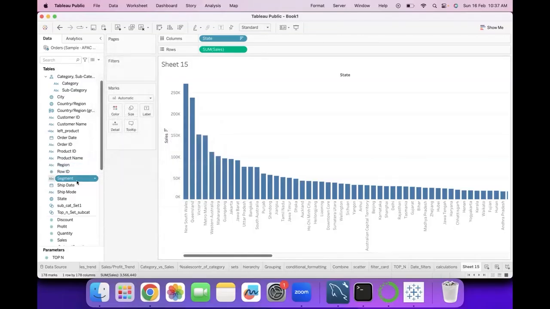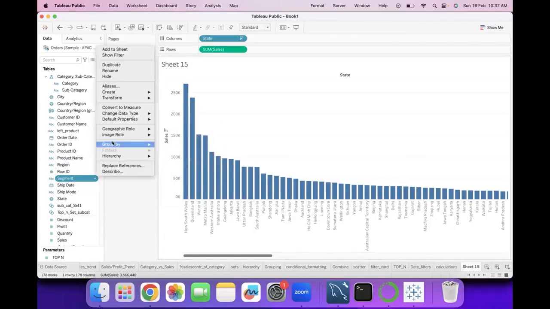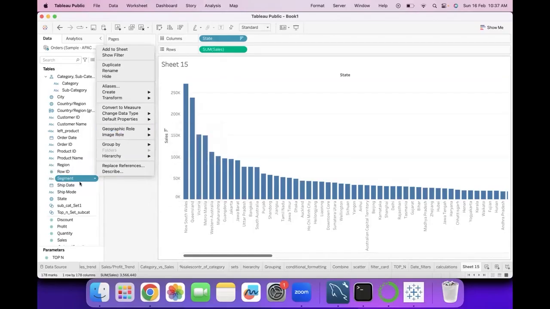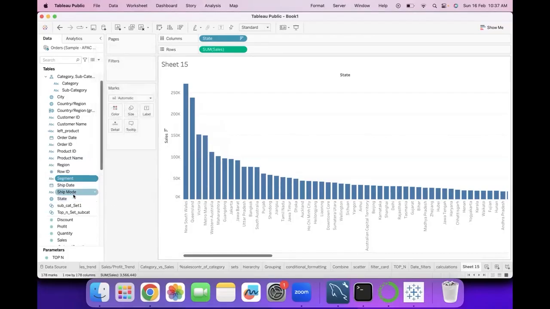Just right click, go to geographical role, and add what the geographical role is for this particular field. This is for when your geographical fields are not auto identified. Most of the time, it will get auto identified, but in case it is not, then you can add it as a geographical field. Okay, that's the first thing. Next thing, like I was saying,